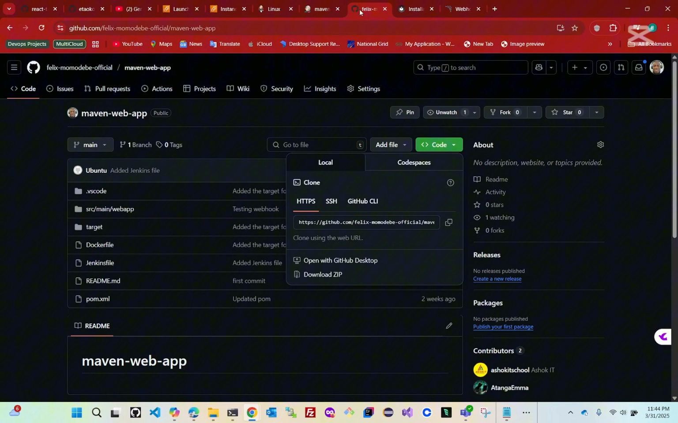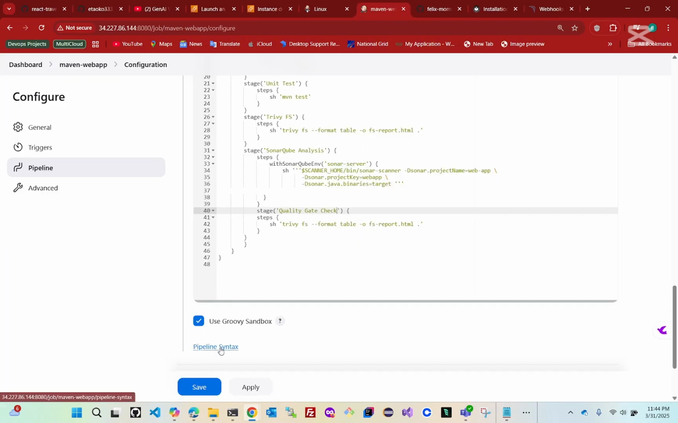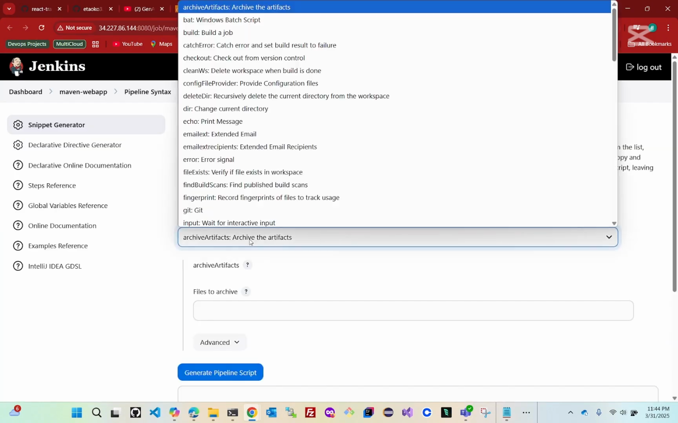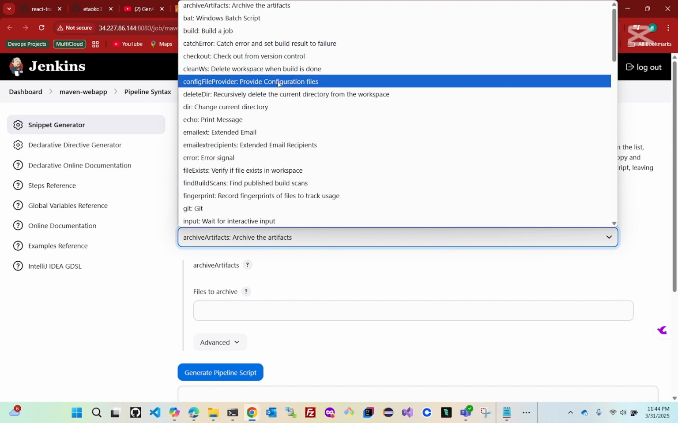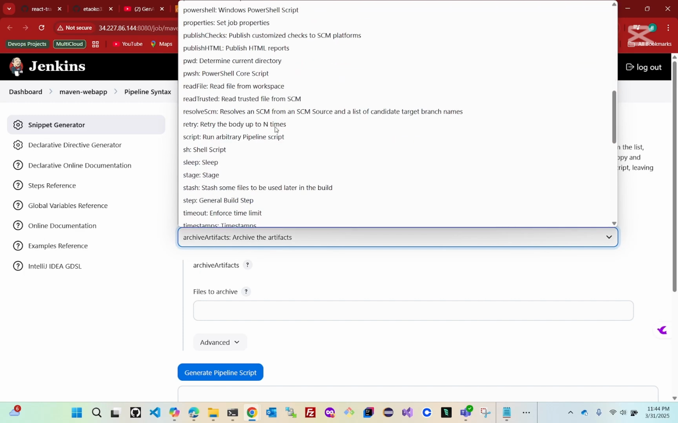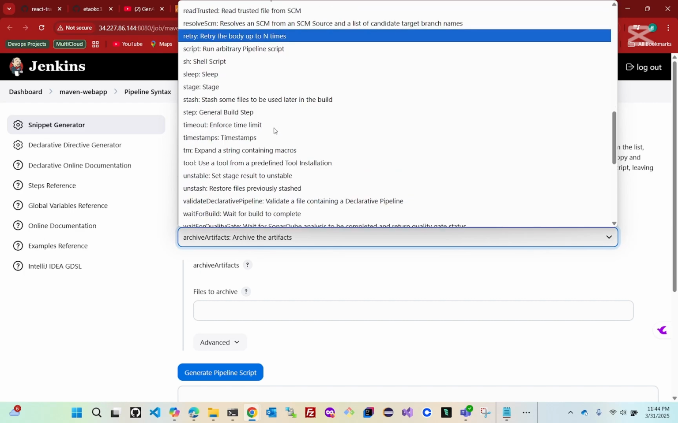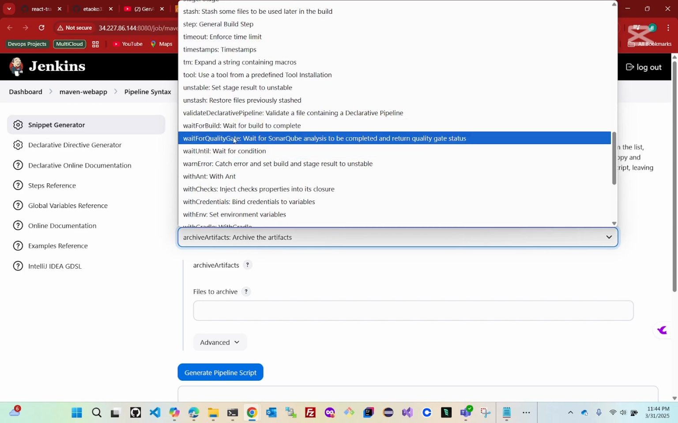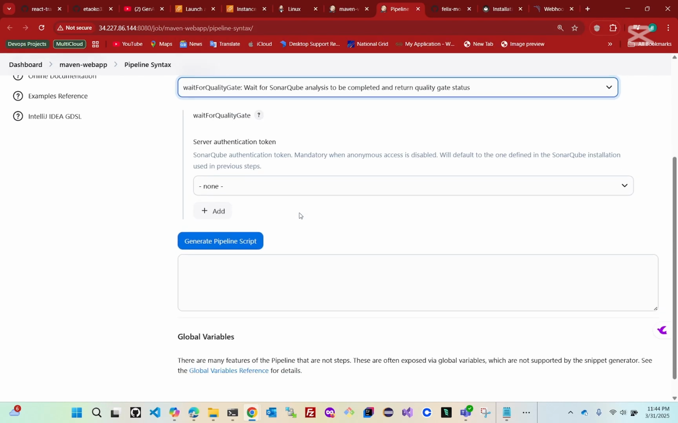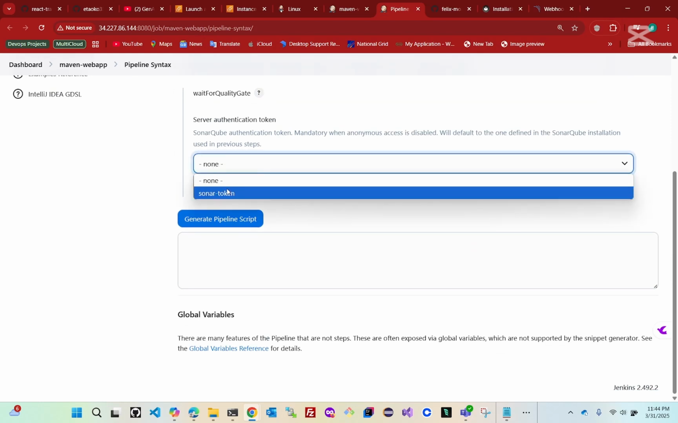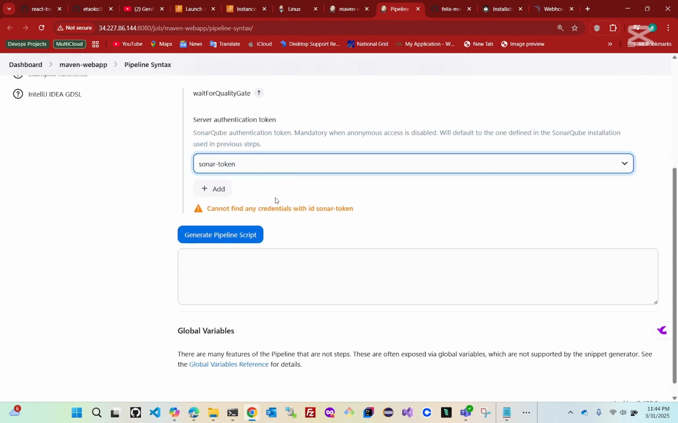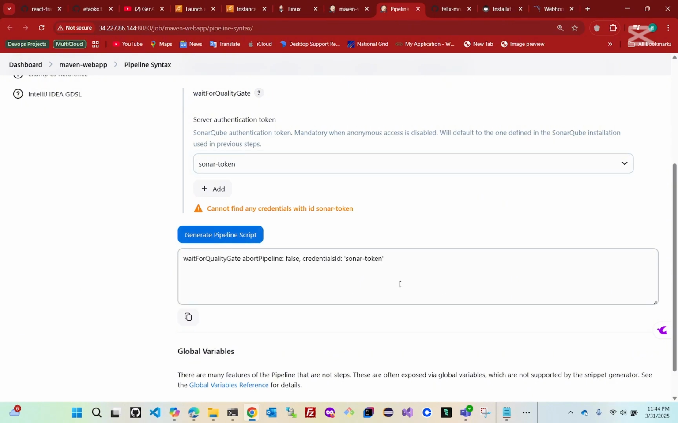I'm going to close all this, and I'm going to click on pipeline syntax, and I will come here, and there's one that says quality gate check. We are going to see that with quality gate check. You can see it here with quality gate. We select it, and we select our token, okay, and we generate. So this is it. This is the command. I'm going to copy it,